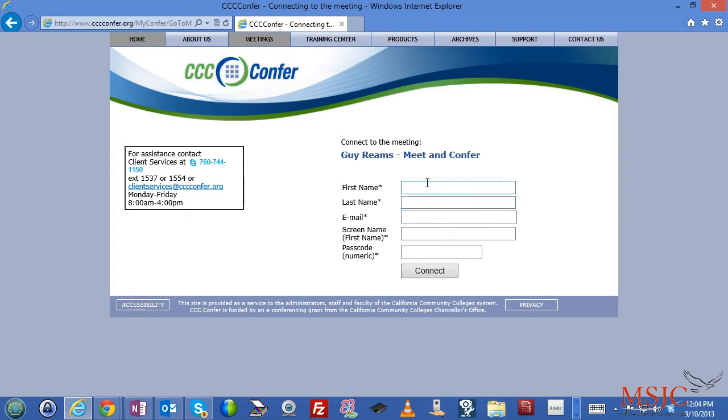When you click the Go button, it's going to launch and ask you for your first name, last name, and email. I will go ahead and type test student, put in my email. You just simply need to put your first name in for the screen name,